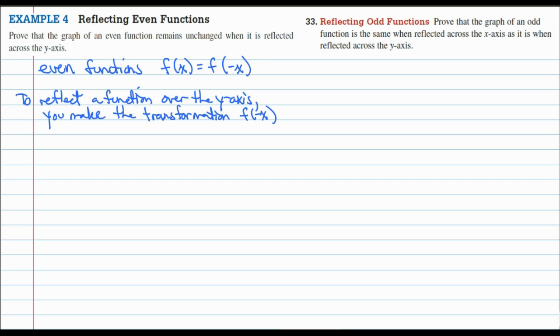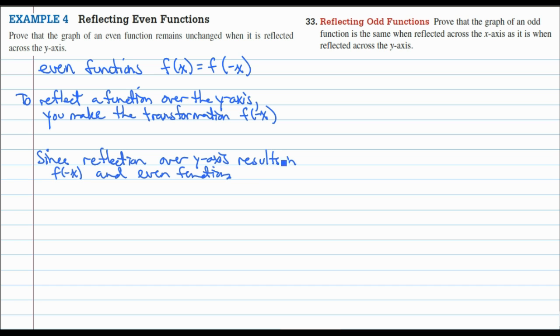Well, now, in conclusion, since a reflection over the y-axis results in f of negative x, and for even functions f of negative x equals f of x,